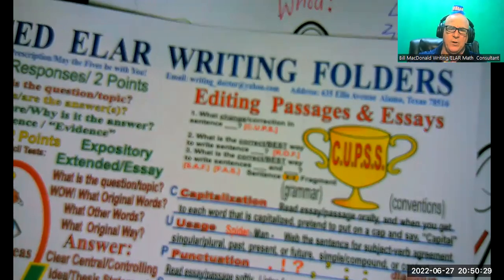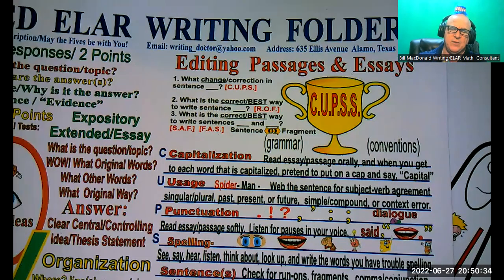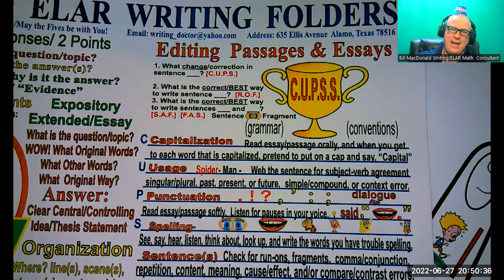So if a sentence is like a street, then the street must have a stop sign. And that's why when you look at the folders that most of you have already gotten or will get tomorrow, you're going to see, let me go ahead and share the screen now so that you can see the document camera, remembering that all of you have this. You have the digital version of this and the hard copy.